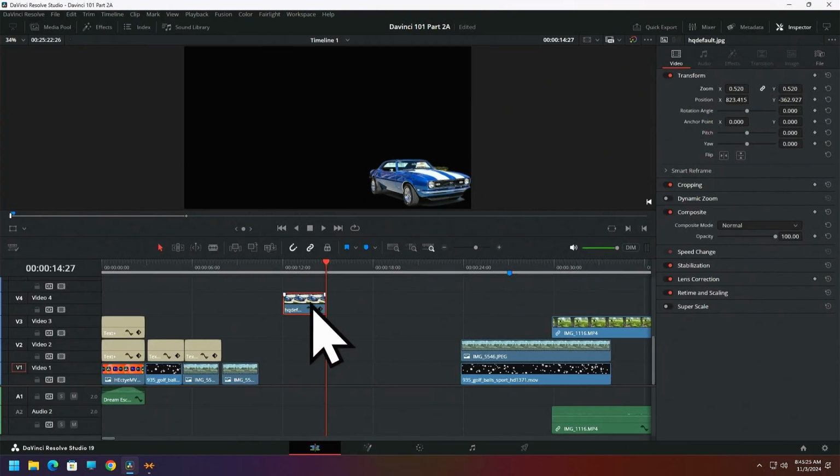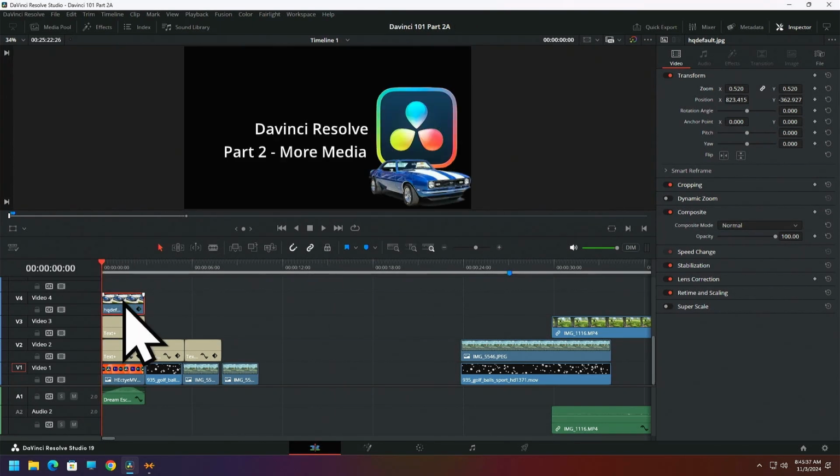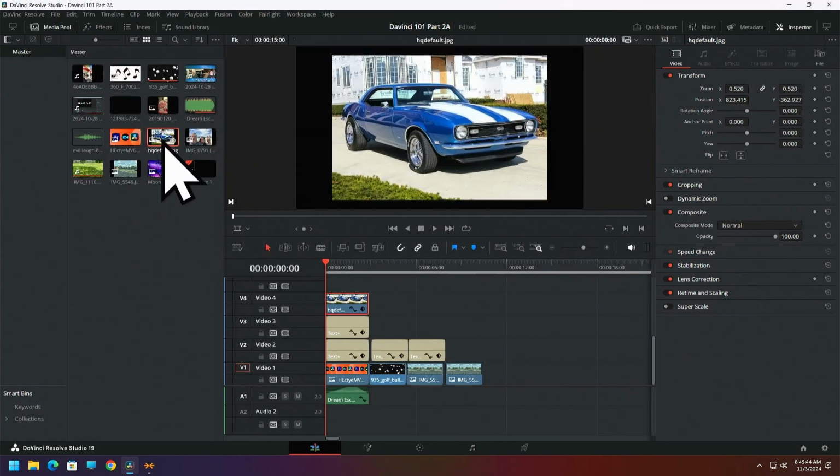Then we're going to take this still. No, it didn't get that. I got to go back and do it. We're going to take this still and we're going to move it back over here. We're going to hit the home key on our keyboard. And there it is. What looked to be horrible to begin with, and we'll just bring the Camaro back in